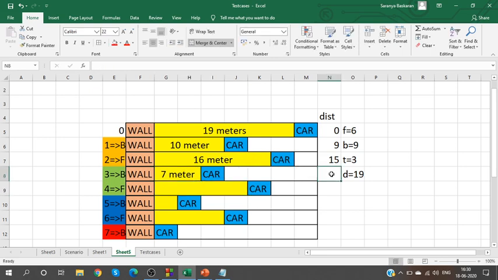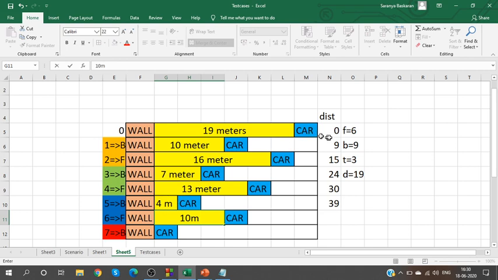Okay. How much did we travel? Backward by 9 meters. So, 24 meters. Next case, move forward by 6 meters. So, 7 plus 6 will give you 13 meters. We have moved forward by 6 meters. So, 30. Next case, from this 13 meters, go backward. 13 minus 9 will give you 4 meters. Okay, I have moved backward by 9 meters, so 39 meters. Again, move forward. From 4 meters, move forward by 6 meters, answer will be 10 meters. Since I have covered 6 meters, total distance is 45.